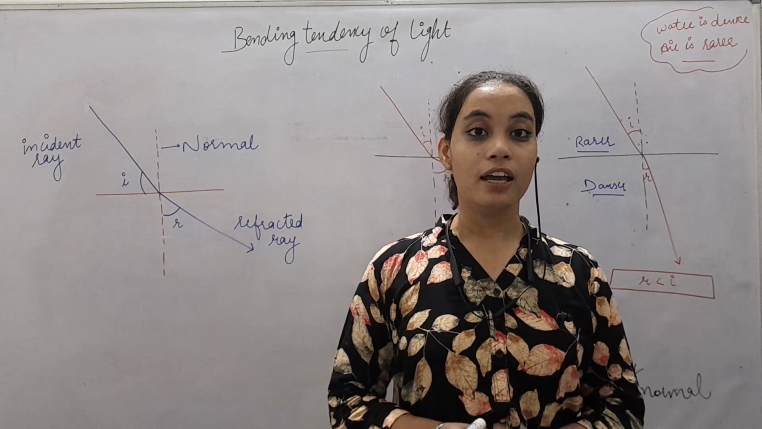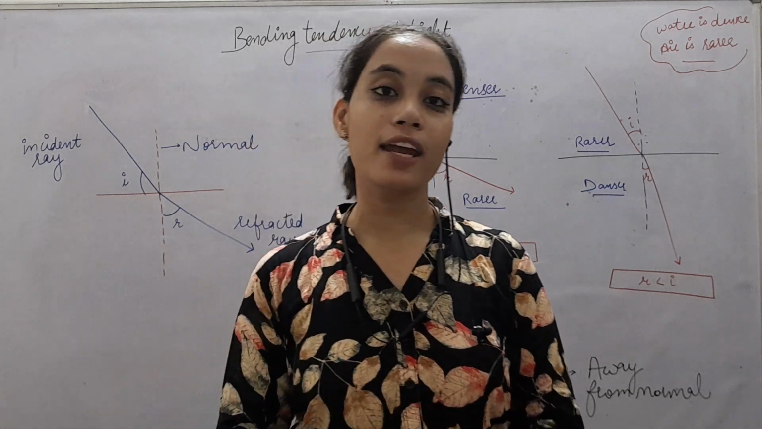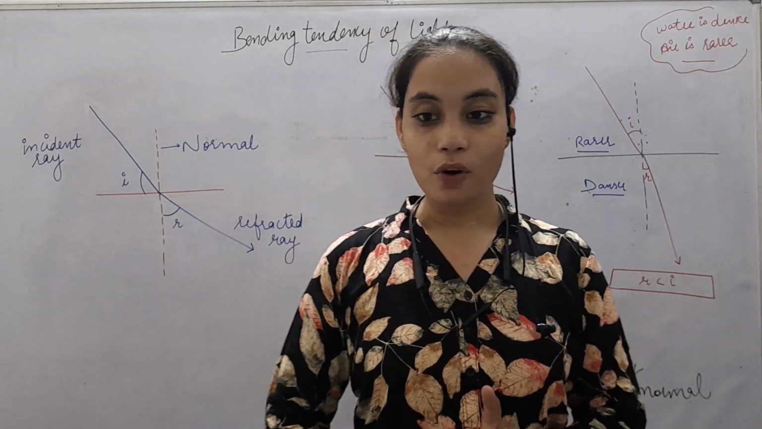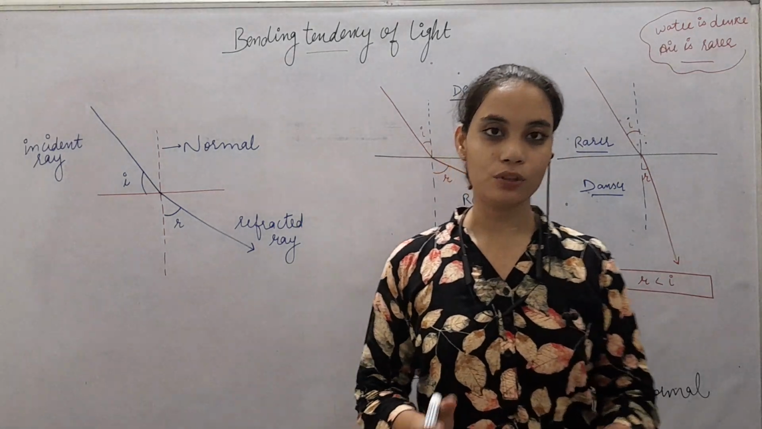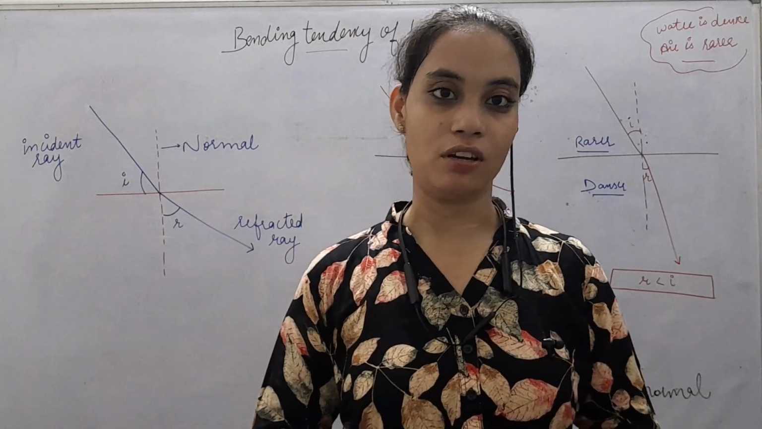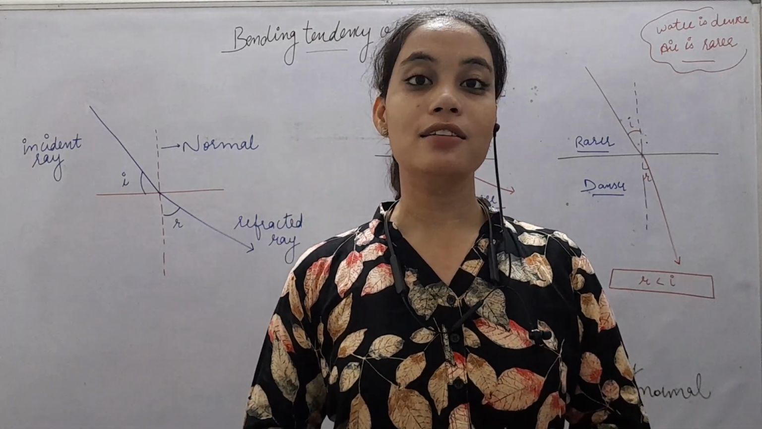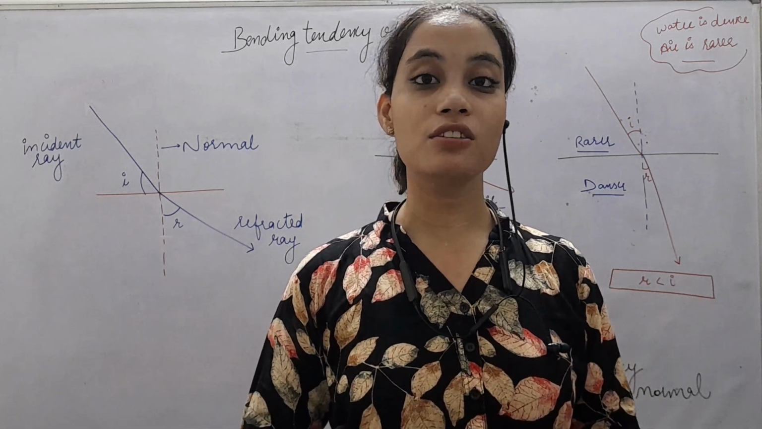Reflection means what? Reflection is the bouncing back of the light when it strikes the surface. जब कोई लाइट स्ट्राइक करके सरफेस से वापस बाउंस बैक होती है, that bouncing back of the light is called reflection. But today we will discuss ki how the bending of the light can cause when it changes the medium,